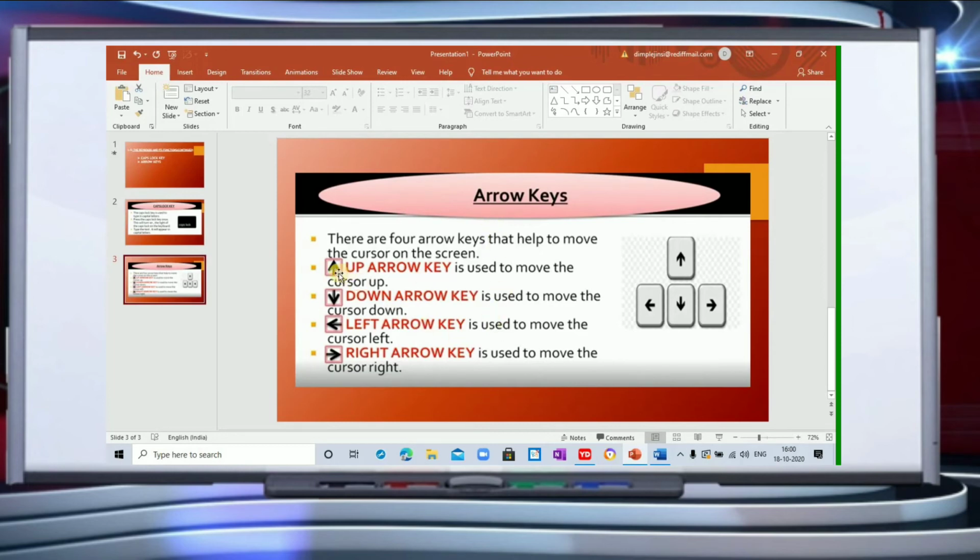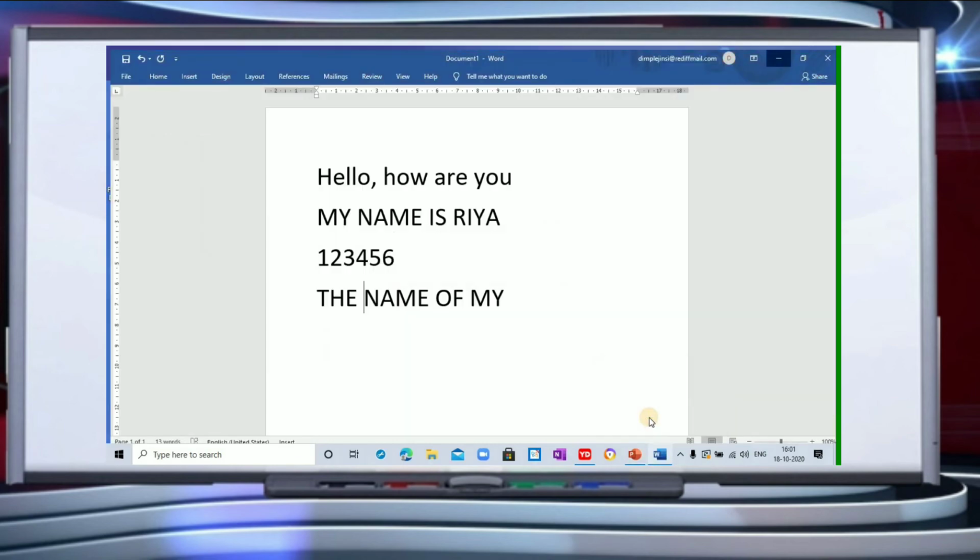So with the help of this arrow key, you can shift your cursor up. Similarly, if you have to move your cursor down, you have to use down arrow key. And if you have to move your cursor towards the left, you have to use your left arrow key. Similarly, if you have to move to the right, then you have to use your right arrow key. So again, I'm going to show it to you practically.